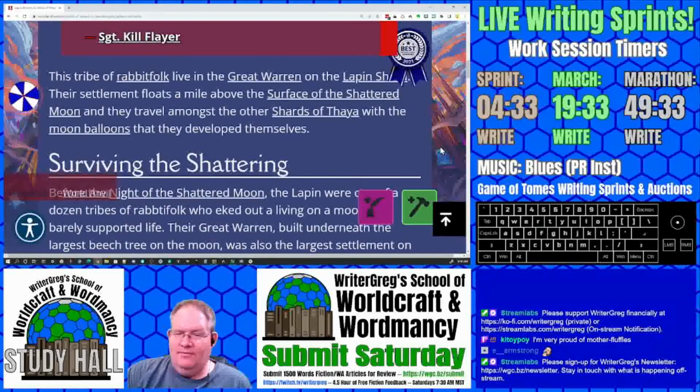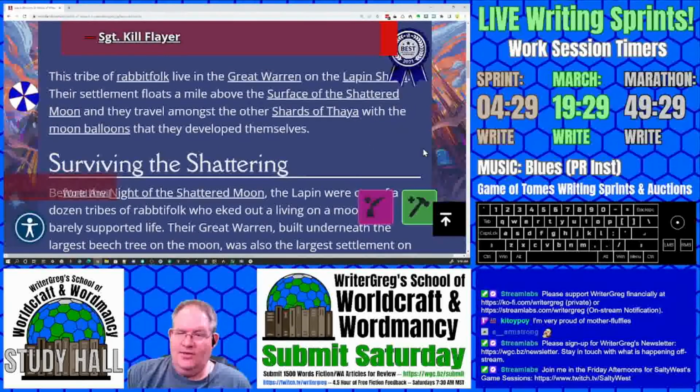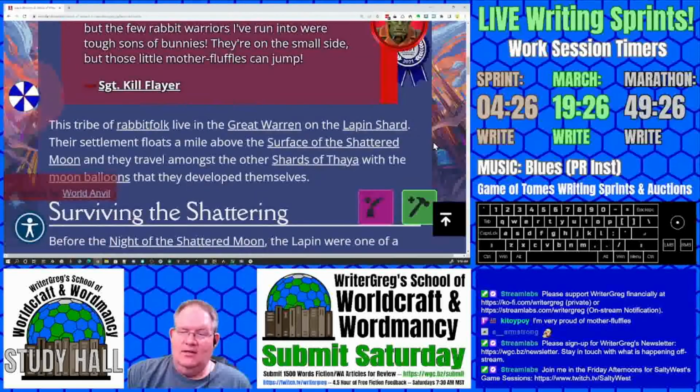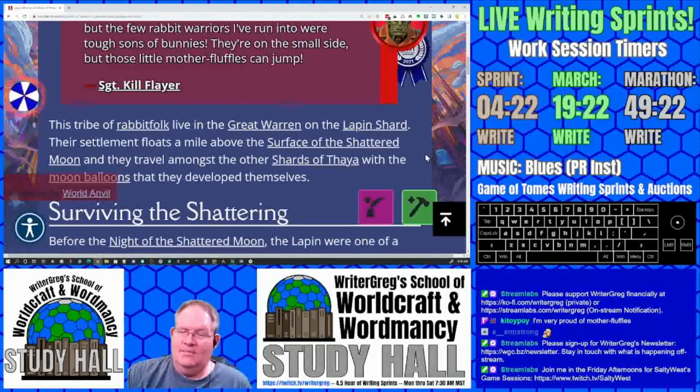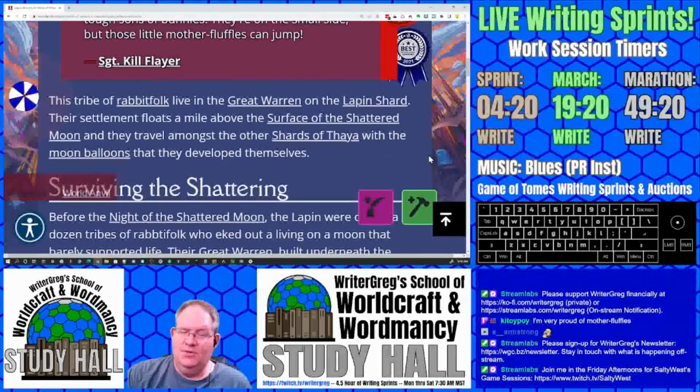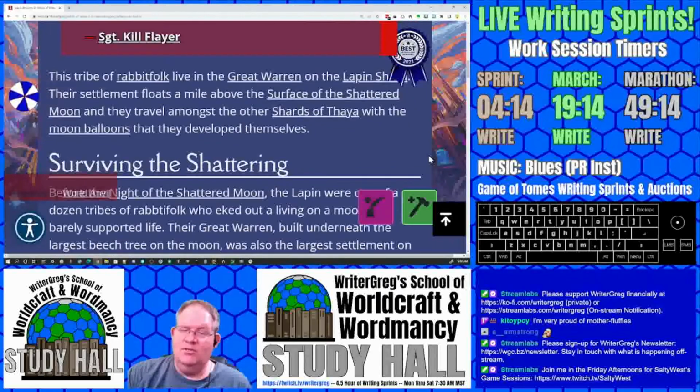The tribe of rabbit folk. This tribe of rabbit folk live in the Great Warren on the Lapin Shard. Their settlement floats a mile above the surface of the shattered moon, and they travel amongst the other shards of Theia with the moon balloons that they developed themselves.